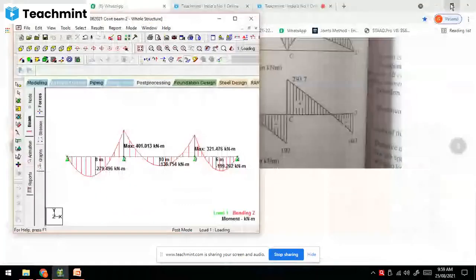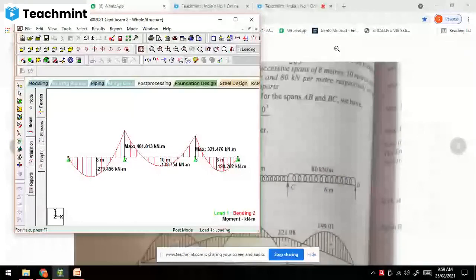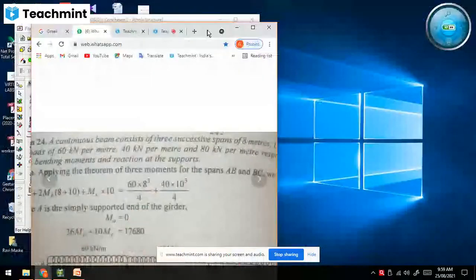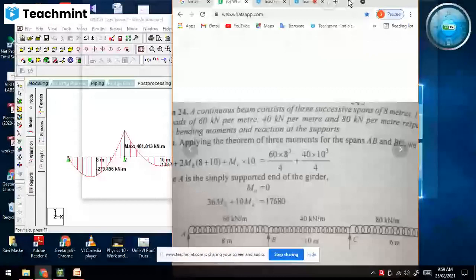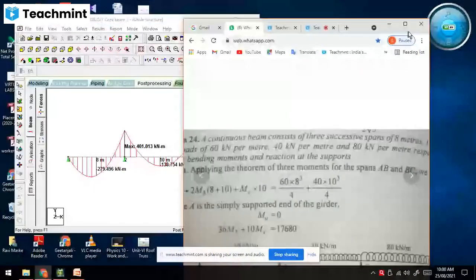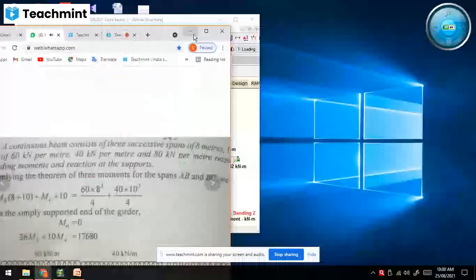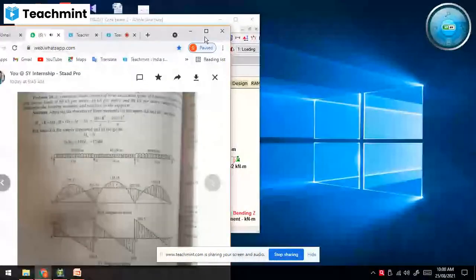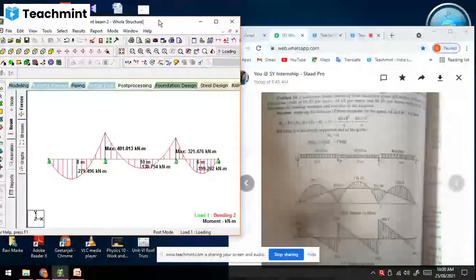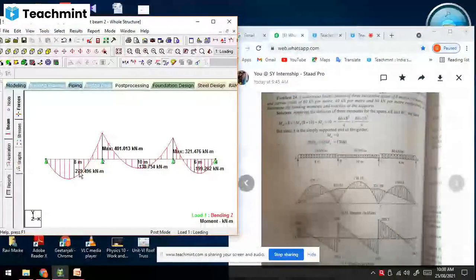Now see here, 279 we will get here. Is it visible?